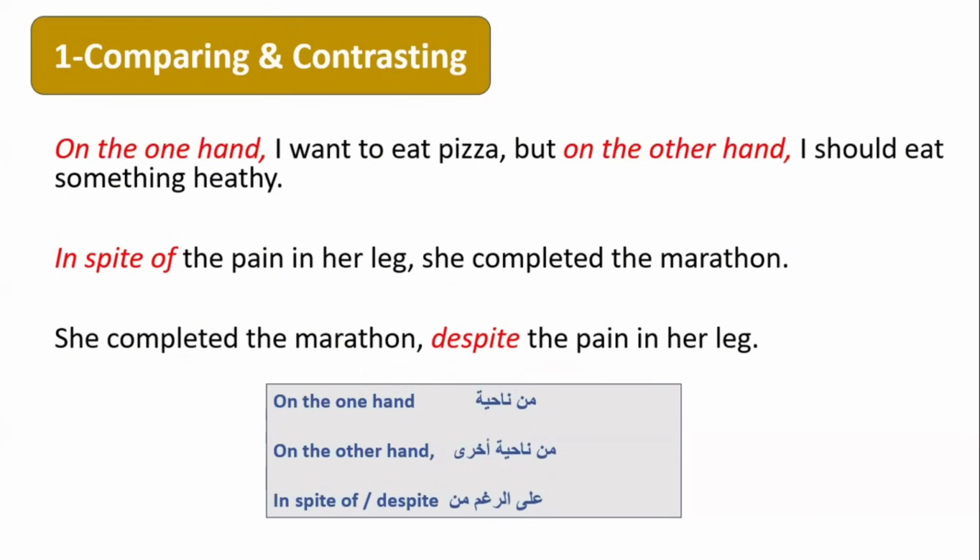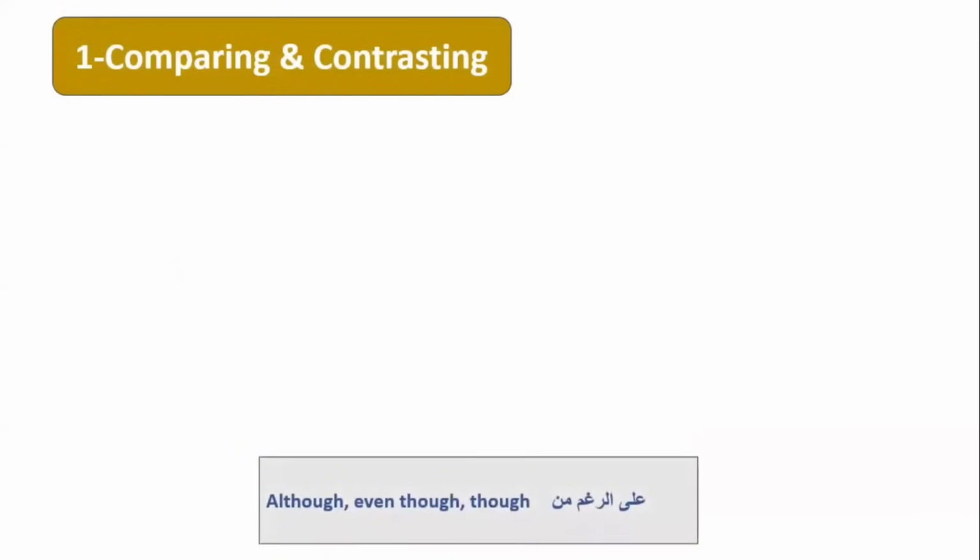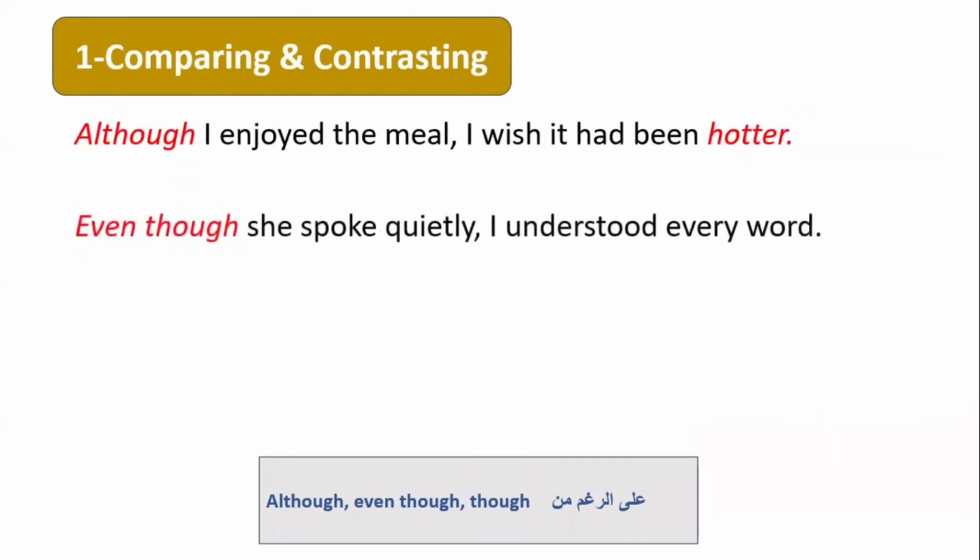Okay? So, for example, if I have on the one hand, on the other hand, I have some translation, I translated some of the words here. من ناحية ومن ناحية أخرى. If you're comparing two things. من ناحية أخرى. You might also want to use this when you are writing. If you want to compare two things in writing, you might need some of these expressions. In spite of, despite, على الرغم من. I'm not going to focus on all of them because you will have the PowerPoint anyway, but some of them will include some grammar. I have although, even though, though, على الرغم من, all of these can be used when we talk about